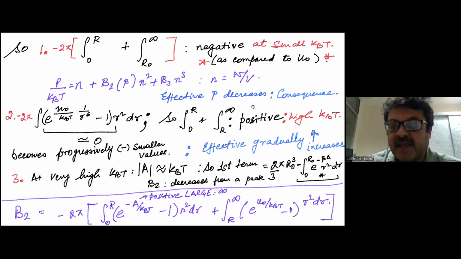On the other hand, at high kBt, since this term is going to be relatively 0, a small negative number, the sum of this and this terms is going to be positive, right? And as kBt increases, the contribution of this is going to go down. So basically, the value of B2 is going to gradually increase as you go on increasing kBt. However,